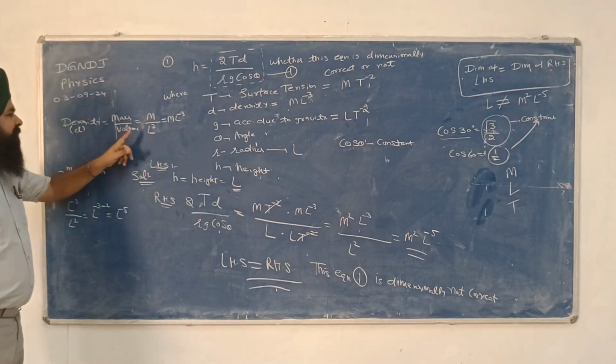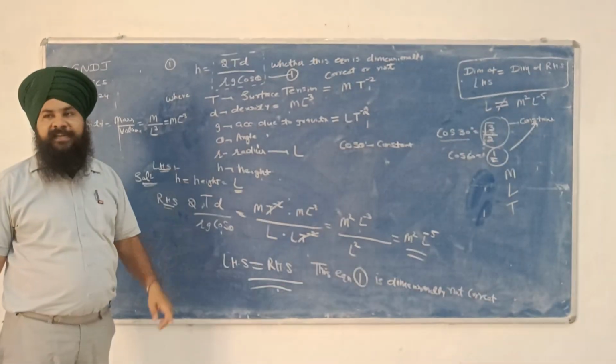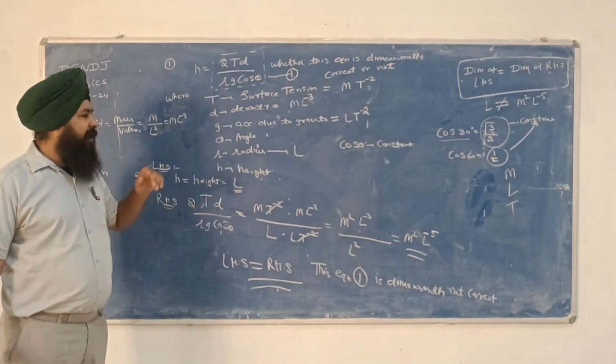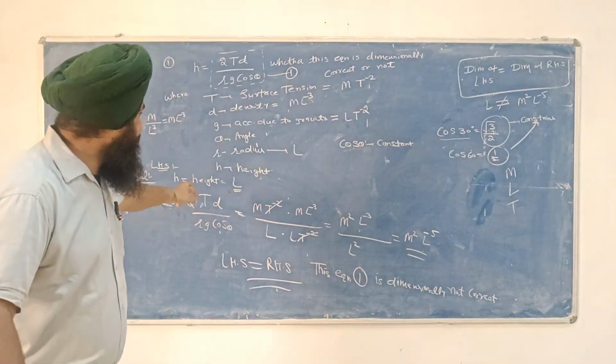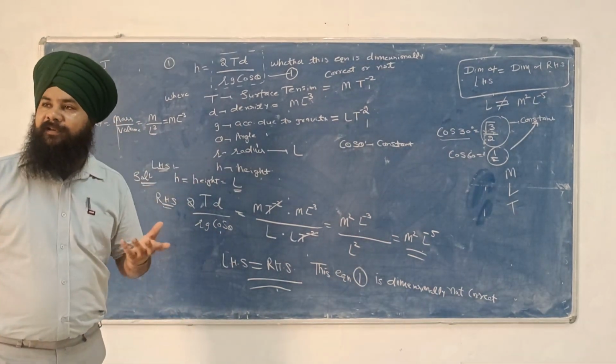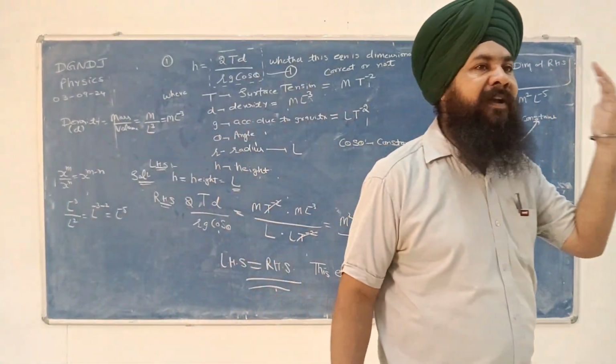Mass is M, volume is L cube. Theta is an angle and cos theta is a constant number. R is the radius. Radius is always measured in L. And H is height. So by putting all the values, we find that the dimensions of the left hand side are